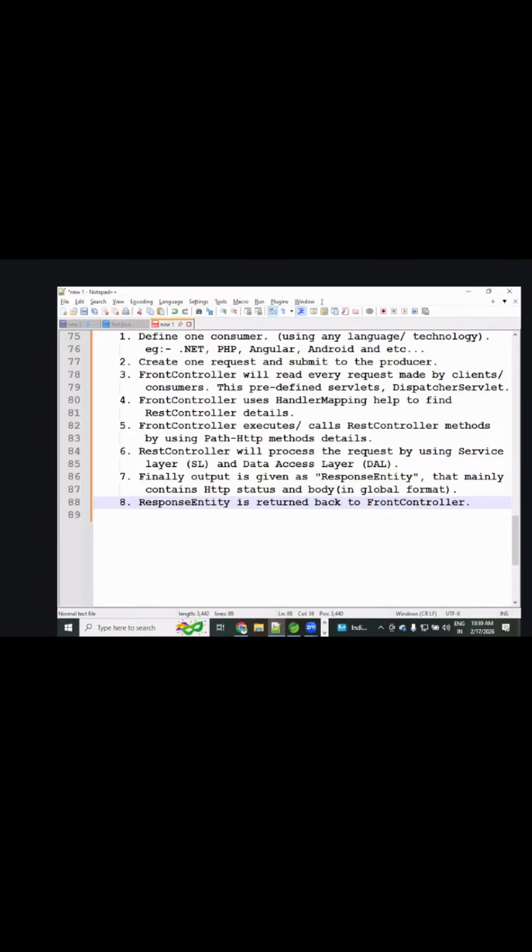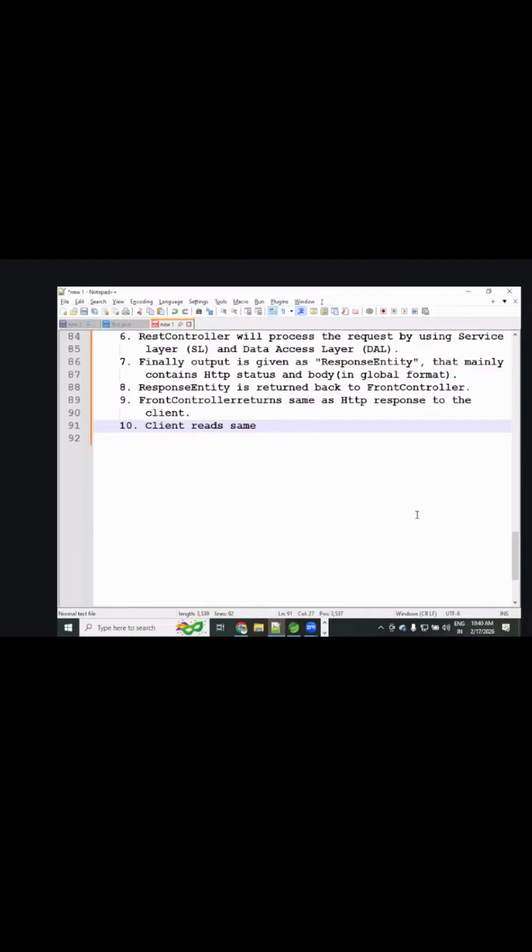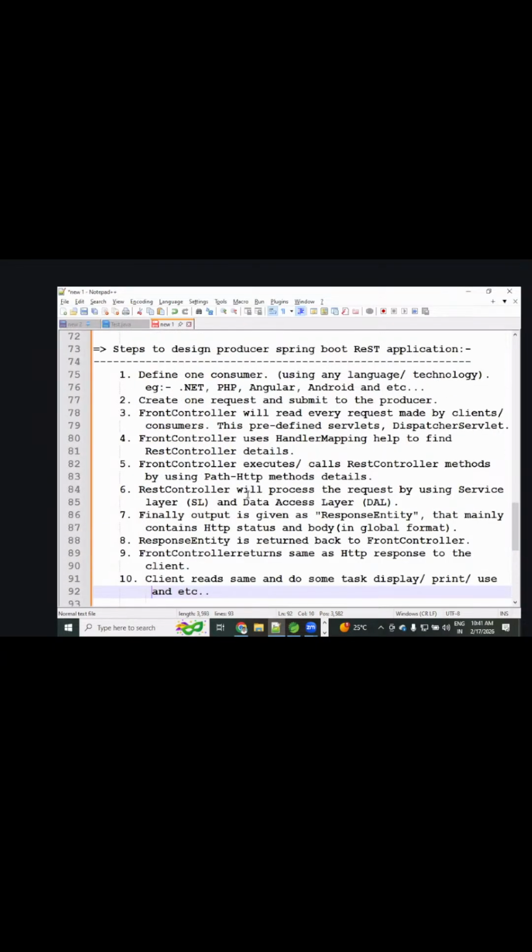The client reads the same and does some task, maybe display or print, or you can use other operations and so on. Okay, so these are some standard steps for HTTP in the Spring REST application.